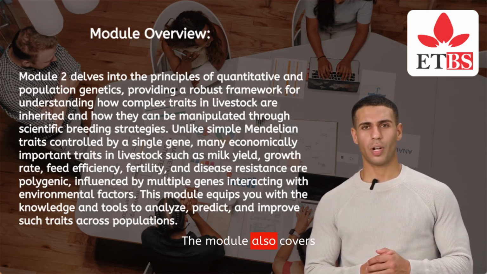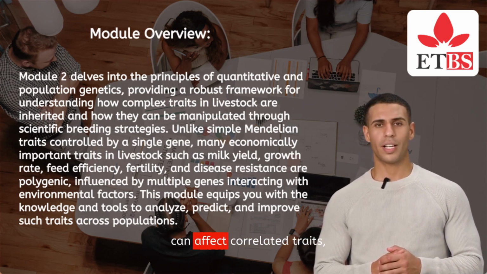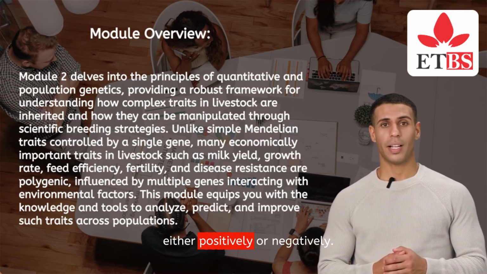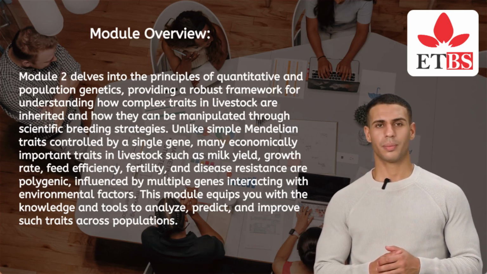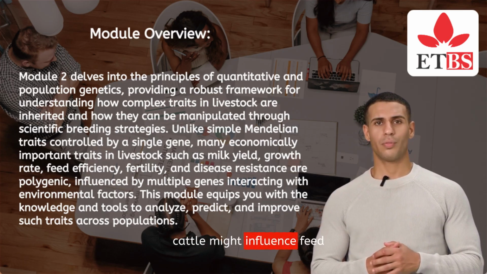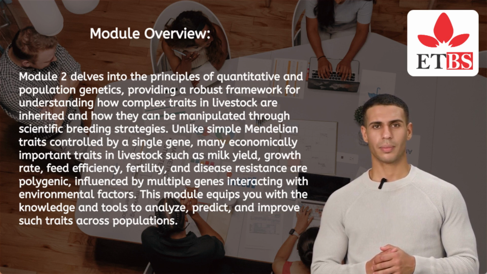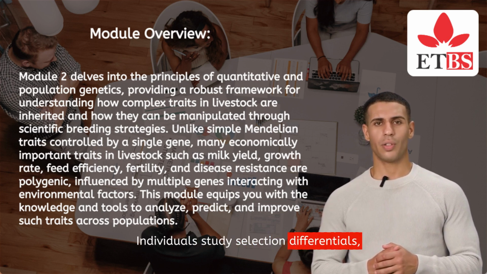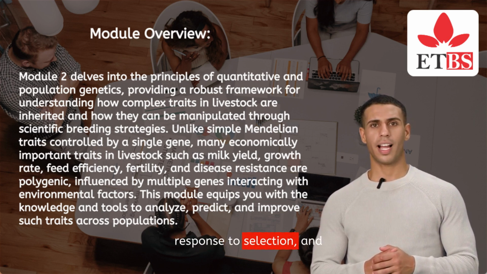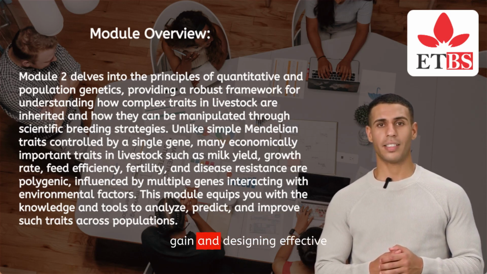The module also covers genetic correlations, demonstrating how selection for one trait can affect correlated traits, either positively or negatively. For example, selection for rapid growth in beef cattle might influence feed conversion efficiency or reproductive performance. Individuals study selection differentials, response to selection, and selection intensity, which are essential for predicting genetic gain and designing effective